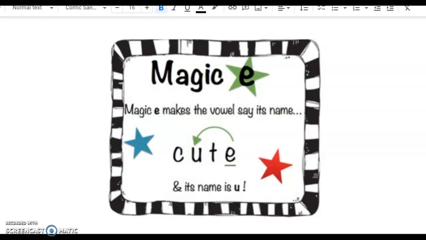Hello, class. Today we're going to do another Magic E activity. I have a poster up here that shows us what the Magic E does. Remember, a Magic E is an E that is at the end of the word, like this word,